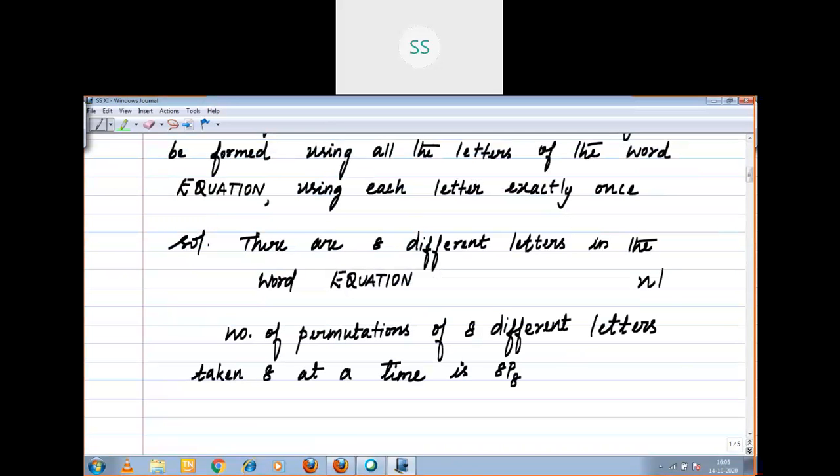You have to recall the general formula: nPn equal to n factorial. So 8P8 equal to what? 8 factorial. Therefore, the required number of words